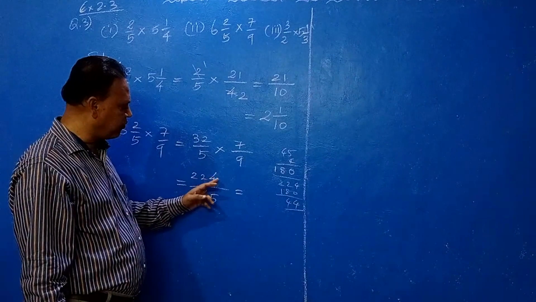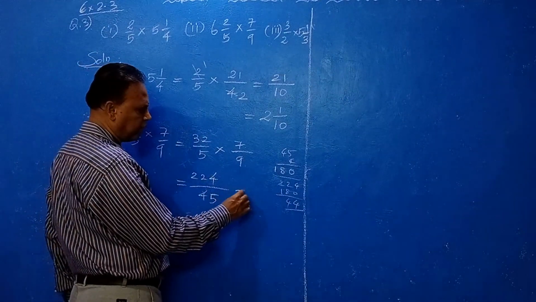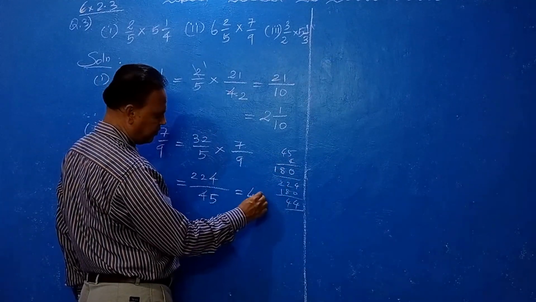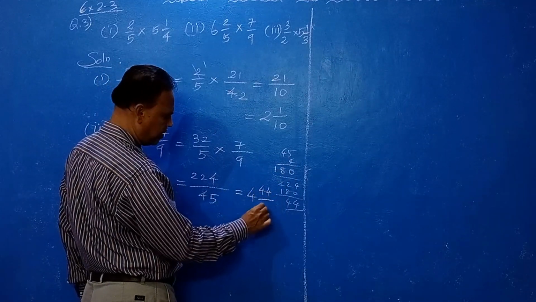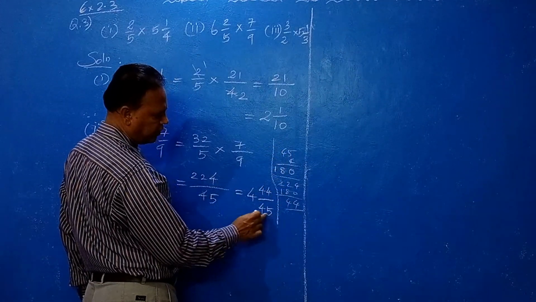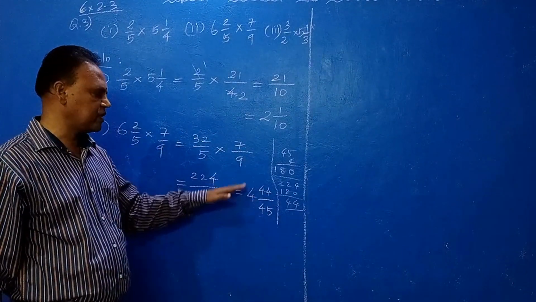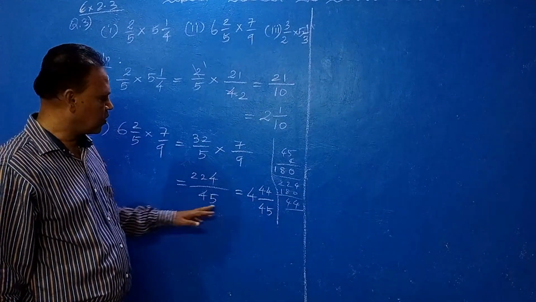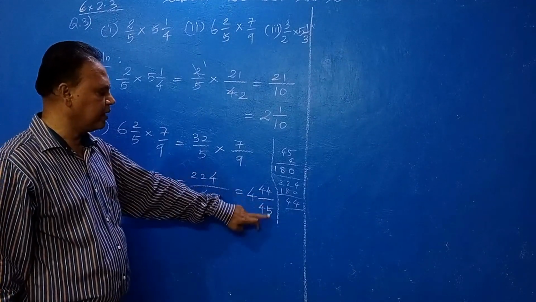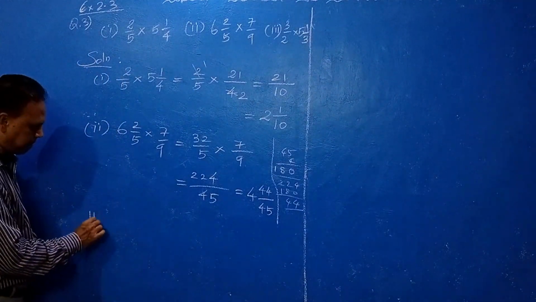So in 224, how many 45 are there? 4 times 45 is there. So 45 into 4 is 180. So the remainder is 44. 44 by 45. 44 by 45 is the mixed fraction. See, this is an improper fraction. Change into a mixed fraction. Okay. So correctly, how to divide? The quotient you write, then the remainder by divisor. How to write? Then the third one is